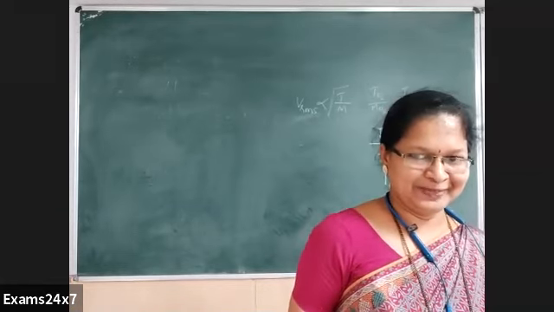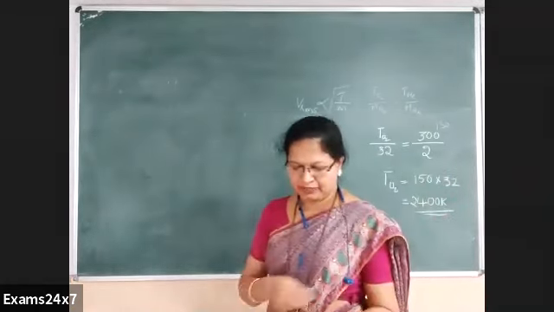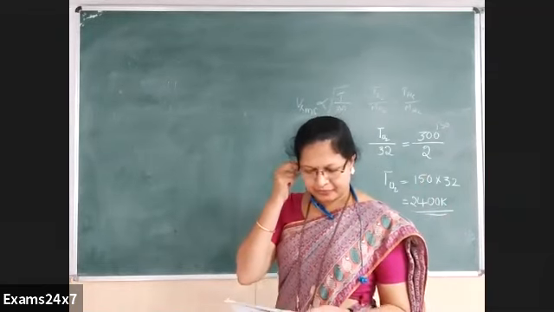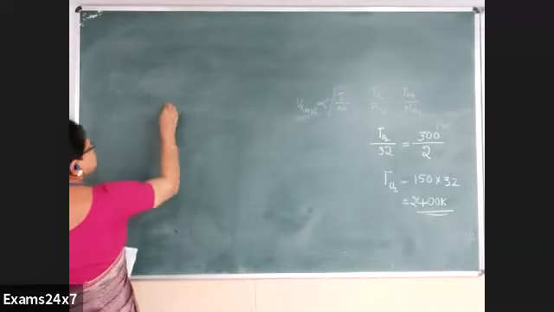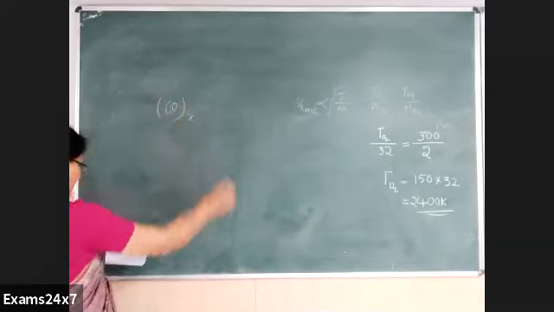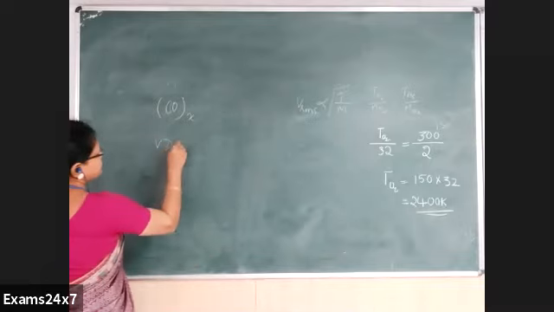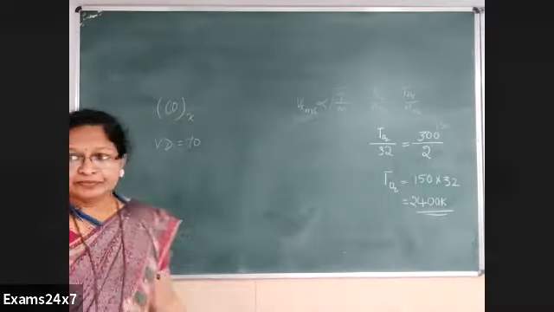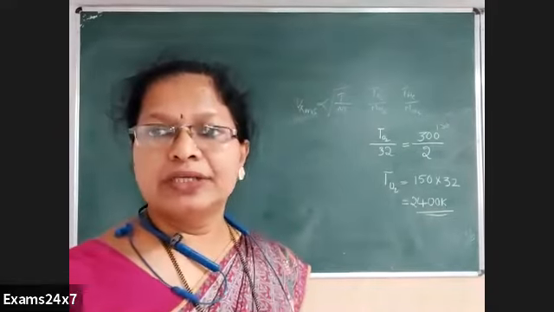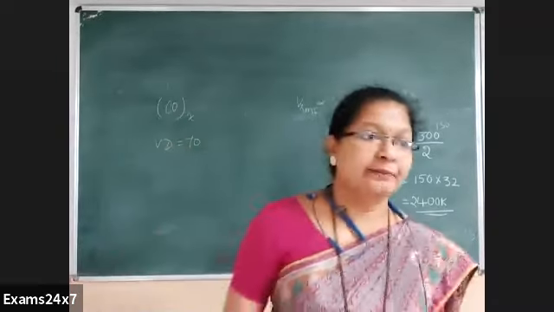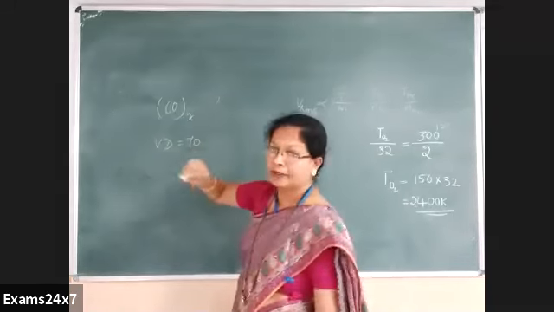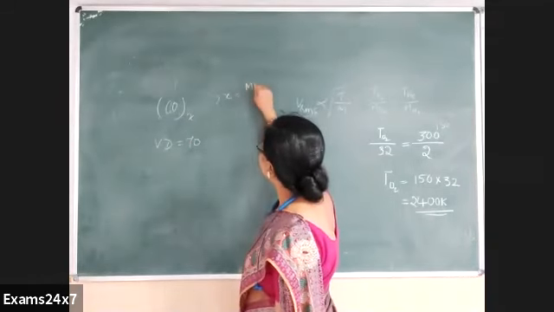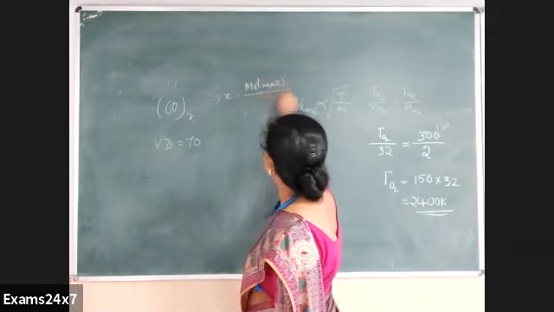Be free. Right? The gas is found to have formula CO to the X. Its vapor density is given as 70. This is based on the empirical formula, molecular formula part. How do you find the value of X from there? What is X? Molar mass divided by empirical formula mass.